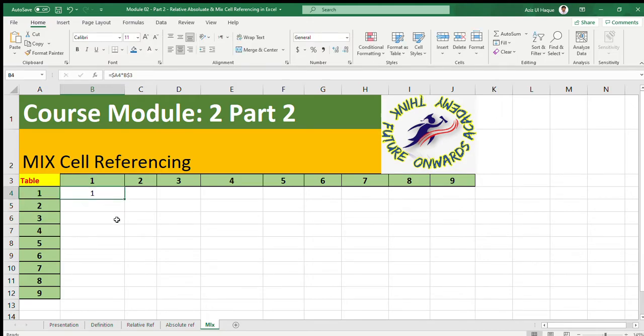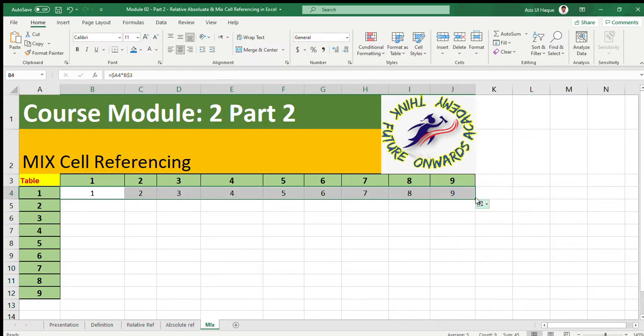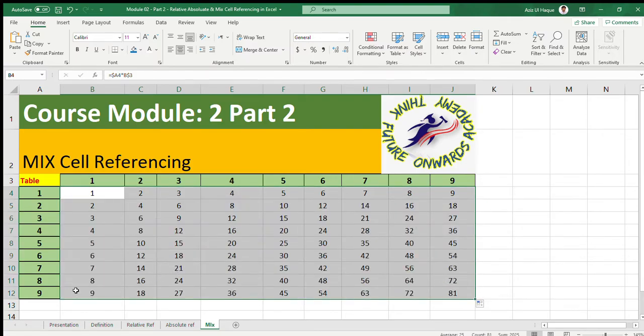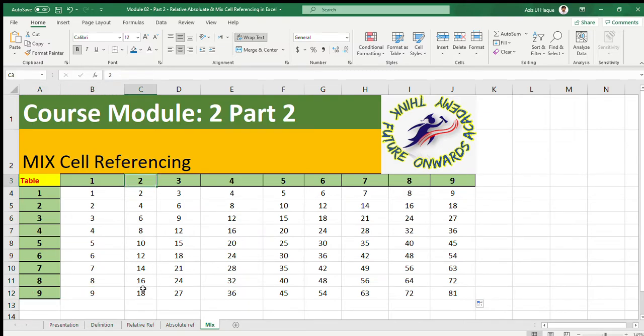Enter. Now I will drag the information to the right side. Now I will hold all the information and drag the value downwards. You can see it here: 9 2s are 18, 9 3s are 27, 9 9s are 81. So it is called mixed referencing.